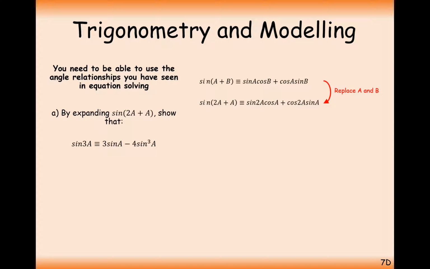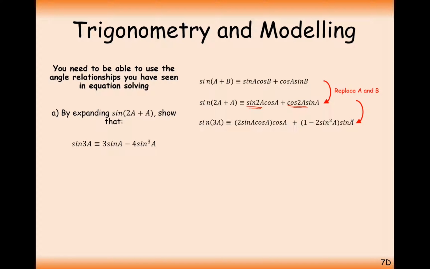So replacing the values inside the angle with the 2a and their a value, and we're going to get sine 2a cos a plus cos 2a sine a, and now we're going to expand both of these sine 2a and cos 2a expressions using their double angle rules. So in this case here it's going to be 2 sine a cos a times cos a plus, and what we're looking for is our answer in terms of sine. So in this case here, we're going to use 1 minus 2 sine squared a times sine a